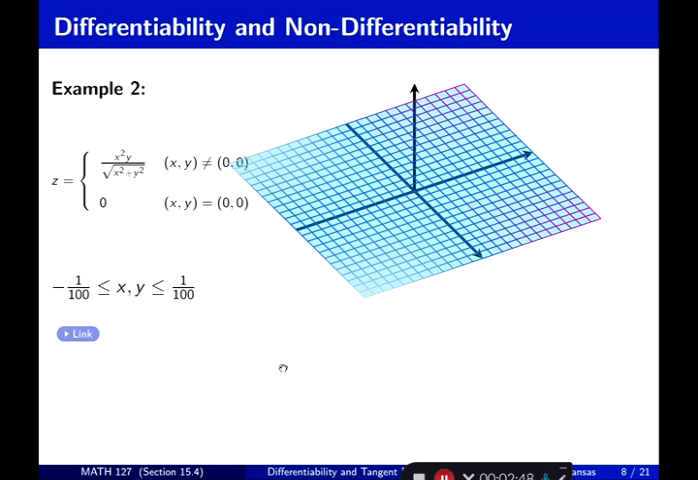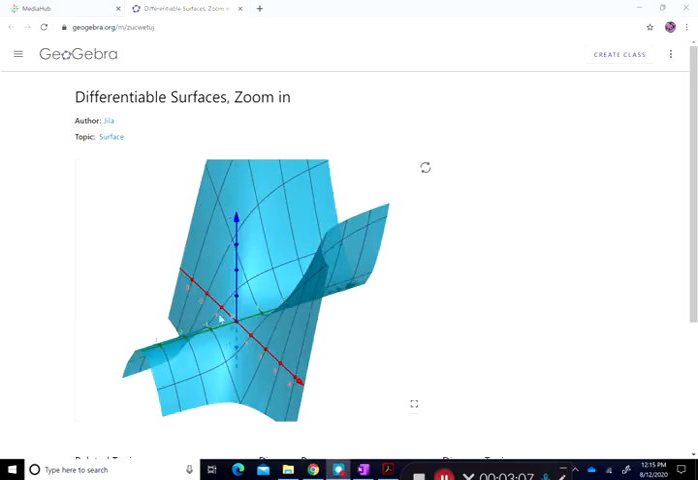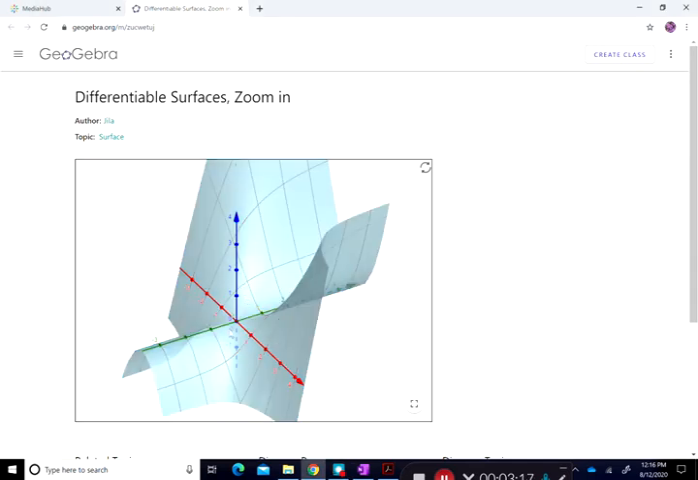So let's look at this graph in GeoGebra also. So here's the graph of the function. It's an elementary function, but it's not elementary at (0, 0, 0). So now if I try to